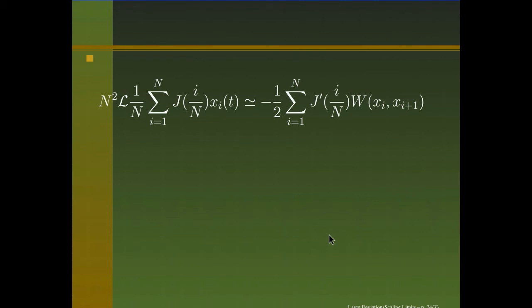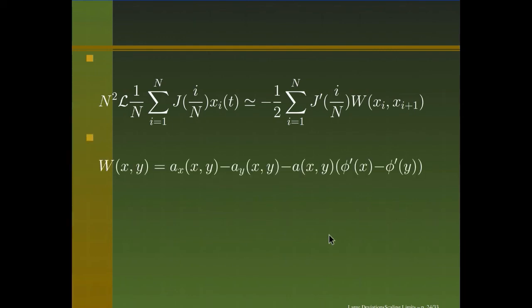But now you can do summation by parts only once, and when you do that, you end up with the term on the right, where w is a function given below. Notice that if a is 1, then w reduces to phi prime y minus phi prime x, and then you can do another summation by parts. But now, as of now, you are stuck with what you have. And the expression you have is of order n, because w is a bounded function, and that doesn't telescope, and so you are left with something that is really of order n.